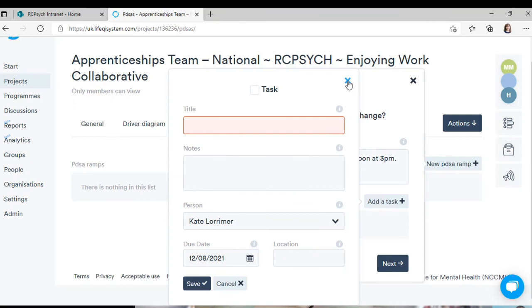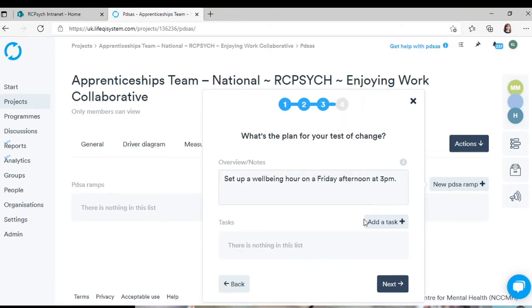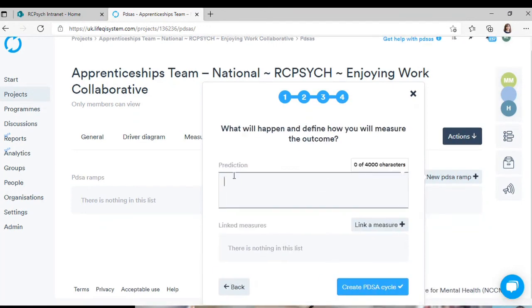Sorry, that's not going to let me do that because I haven't actually entered any details. But anyway, so then you've got that. I've not put all the details in, but you get to the next page. You've then got the option to make a prediction about your PDSA. So what do you expect is going to happen by doing this? I suppose that in this example, you might want